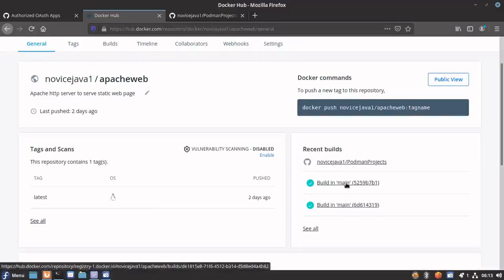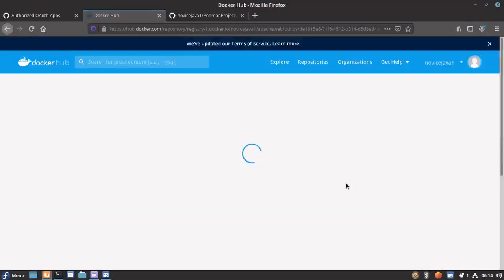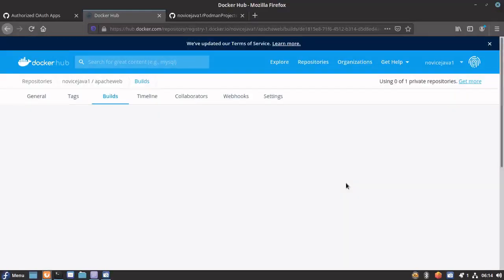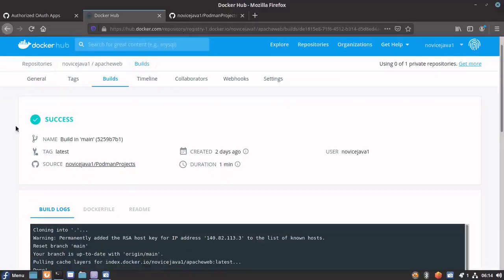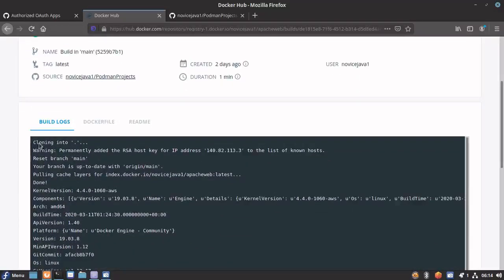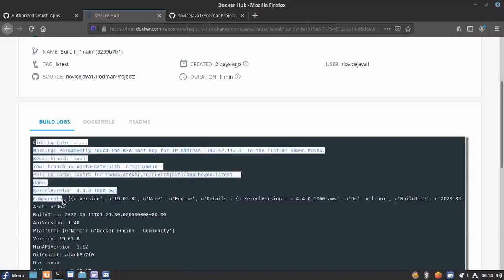Just a minute, let me show you what exactly gets captured when the automated build is happening. You can see in the repository, in the build section, it shows the build has been successful, the last build that happened two days back. This was an automated build, so you can see the build log also here.